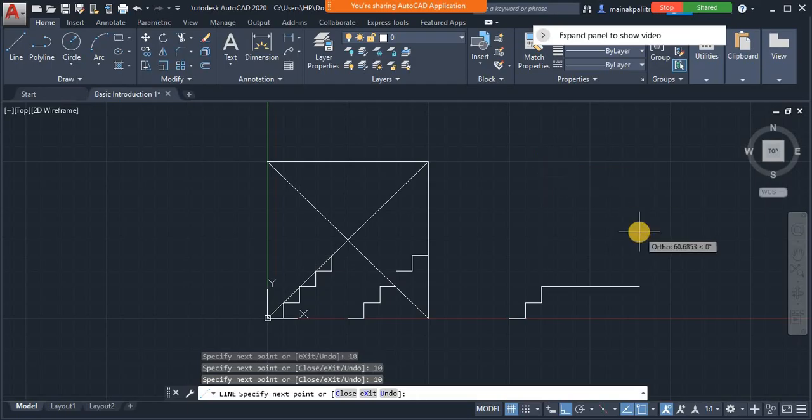So here basically I am giving a kind of relative Cartesian coordinates, but I am fixing one of the coordinates. I am keeping either delta x as 0 or delta y as 0 by locating the cursor appropriately. So I want to draw horizontally now, so I move the cursor here, type 10, enter. Vertically 10, enter. And then horizontally 10, enter. Vertically 10, horizontally 10, vertically 10, horizontally 10,